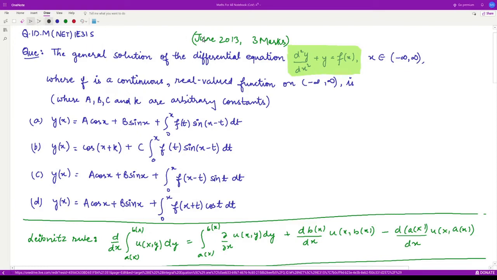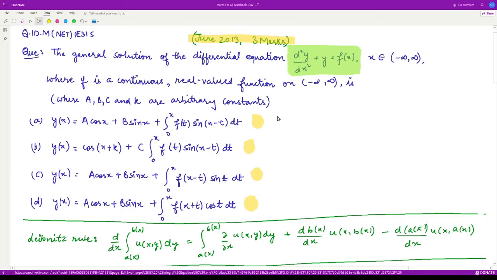In this video, we shall see a question from June 2013 consisting of 3 marks. The question says, we need to find the general solution of the differential equation d2y/dx2 plus y is equal to f of x, where x is any real number between minus infinity and infinity, and the function f is continuous, real valued on the interval minus infinity to infinity, and a, b, c and k all are arbitrary constants. So now we need to suggest which out of these 4 is the solution for this